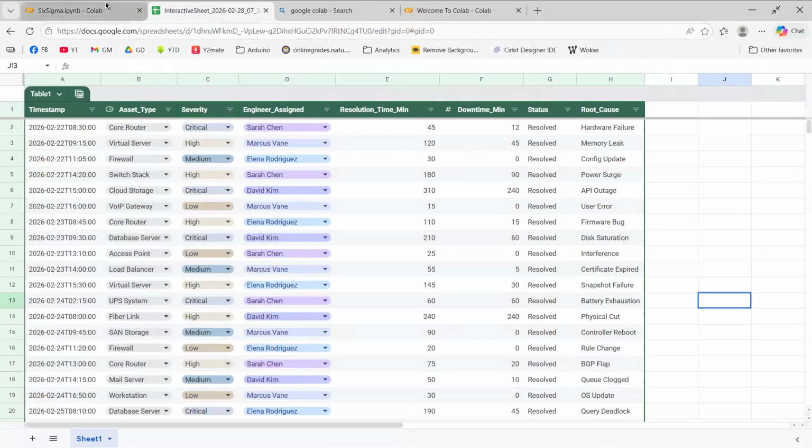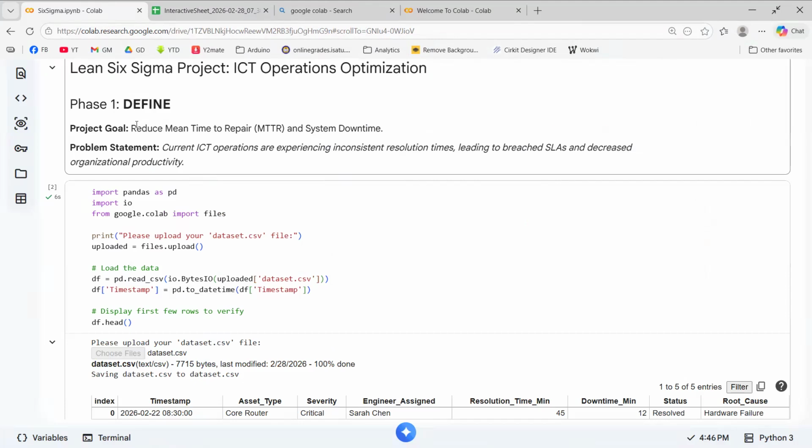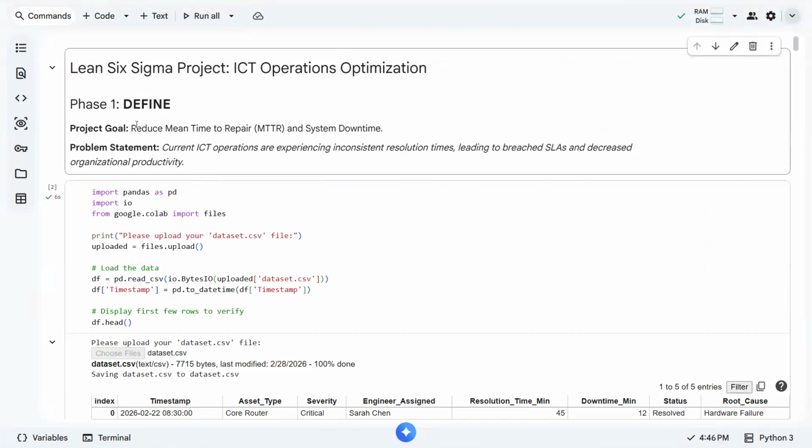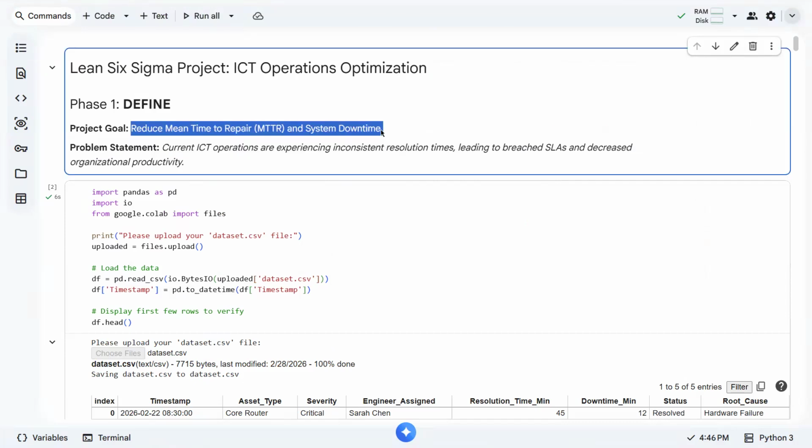We have identified a certain problem, because we want to achieve this goal, which is to reduce the mean time to repair, or MTTR, as well as the system downtime.